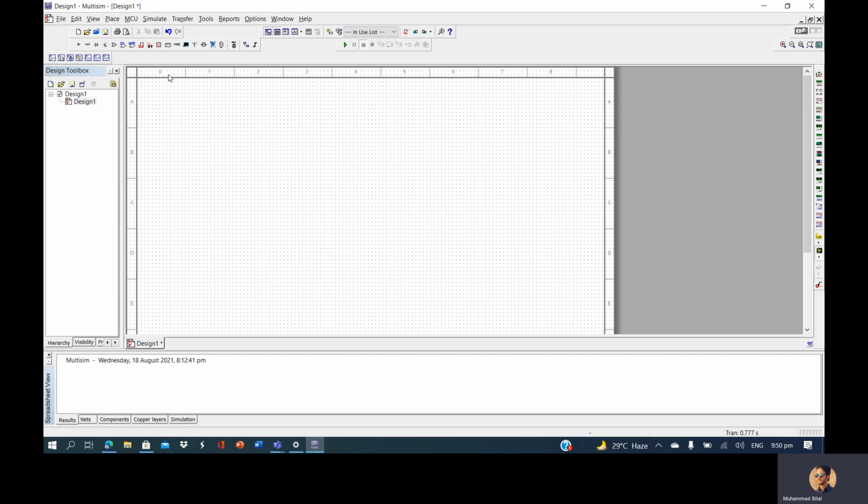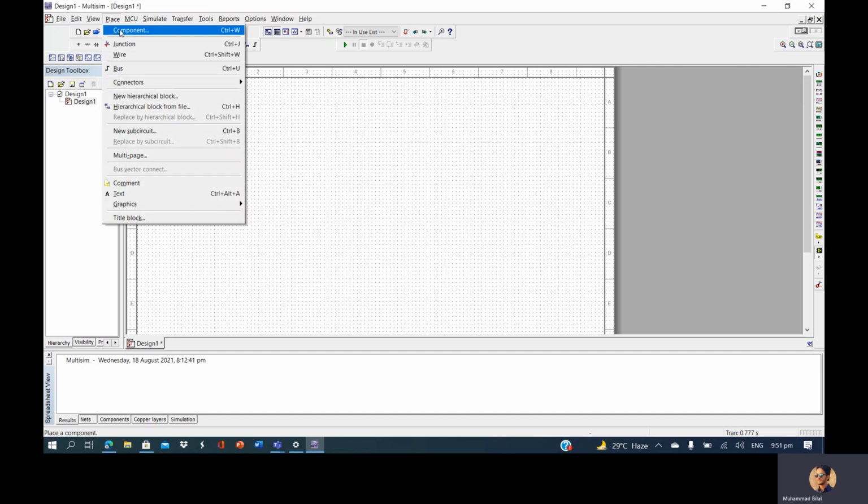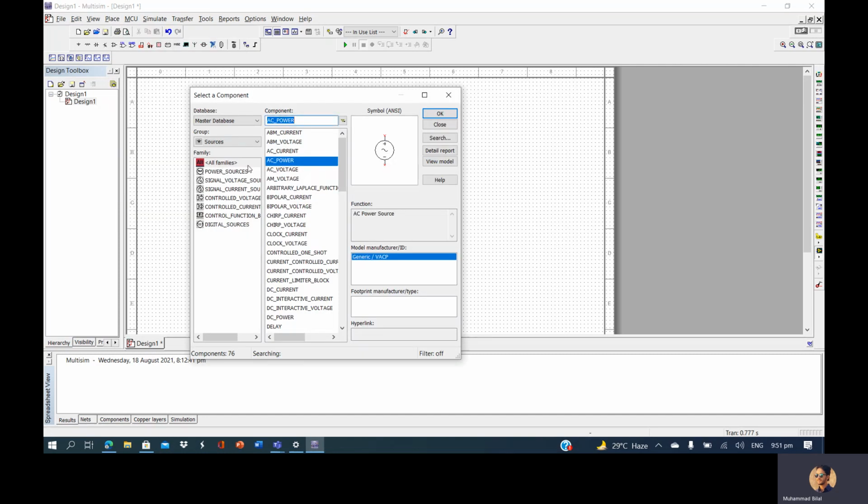So we can simply place those components by clicking on place and finding the components we want. And here we can see different kinds of sources of signal, sources of power are available,